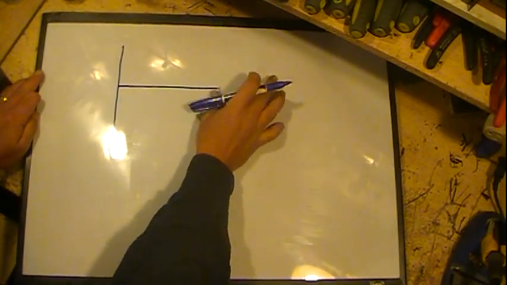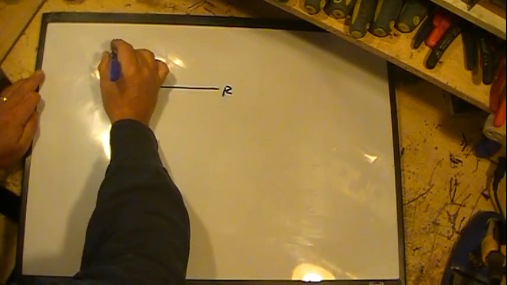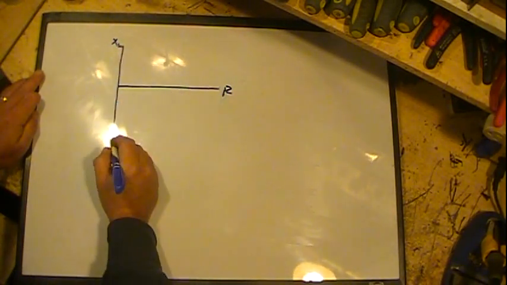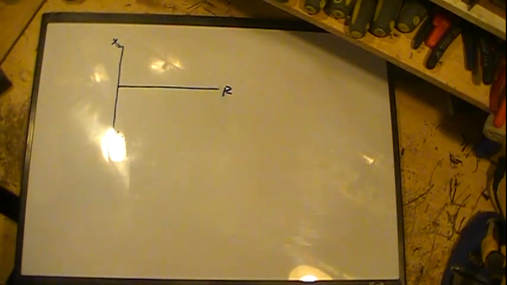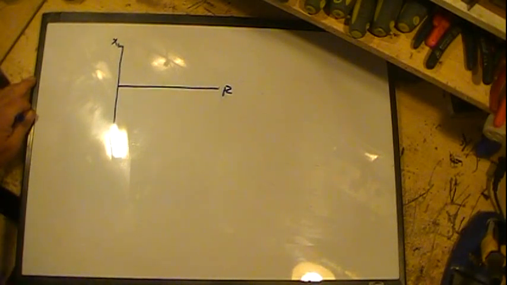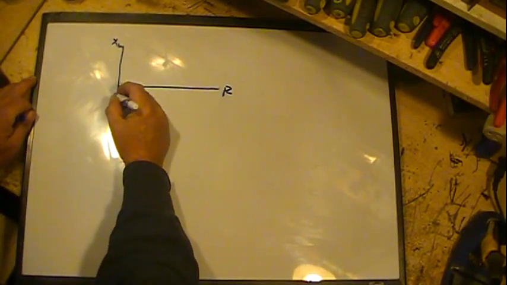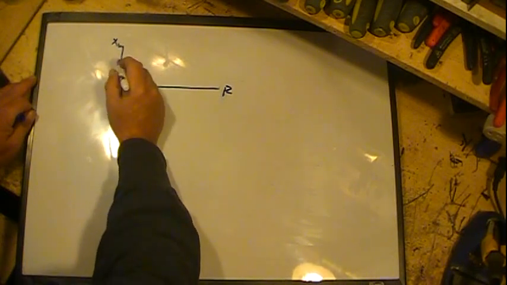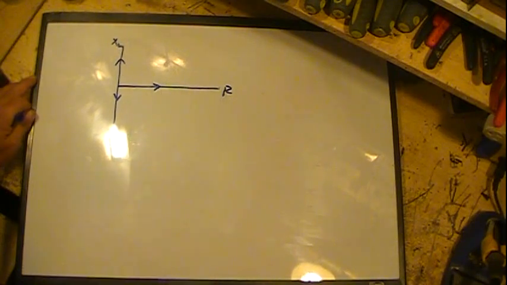Well, R over here, X sub L here, and X sub C here. Now, in a case like this, things start changing. If I have a certain amount of capacitor reactance, a certain amount of inductive reactance, and a certain amount of resistance,